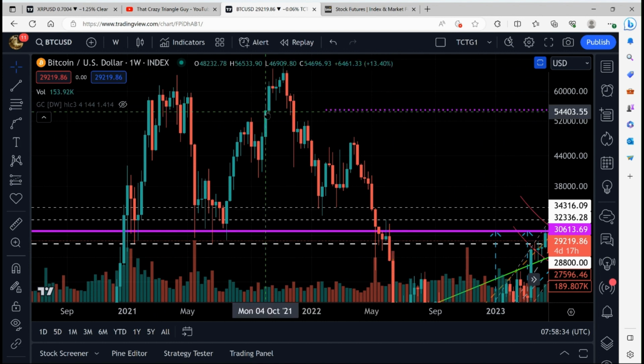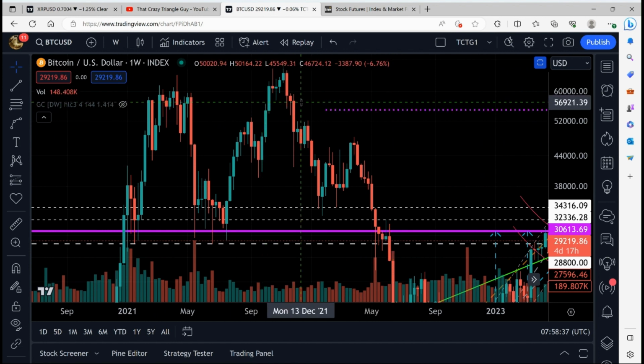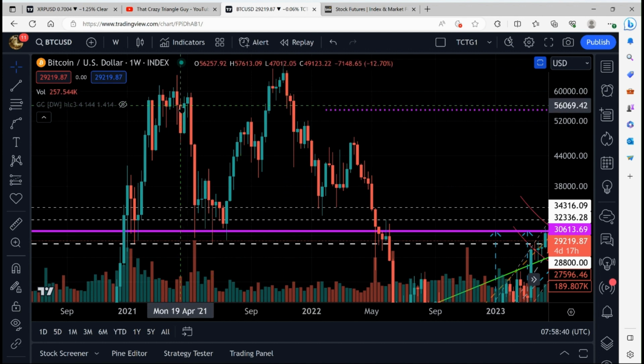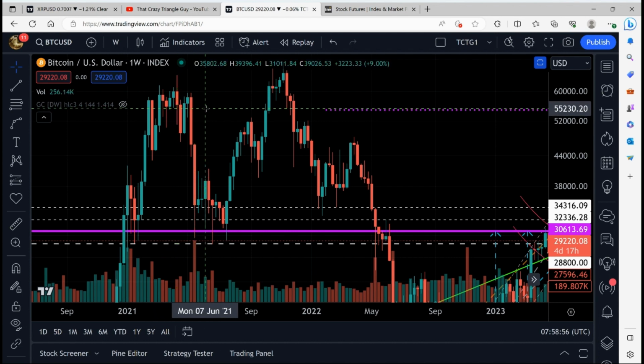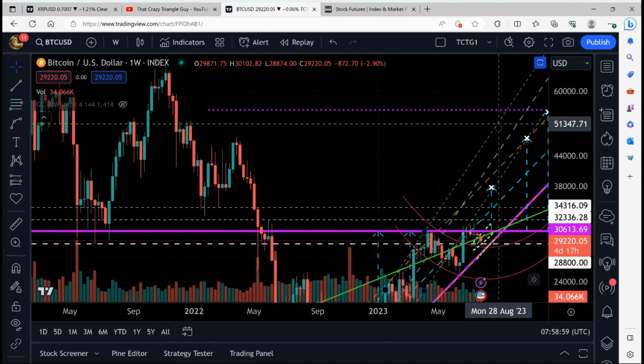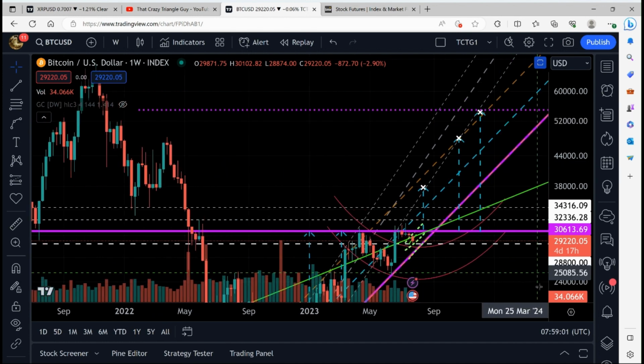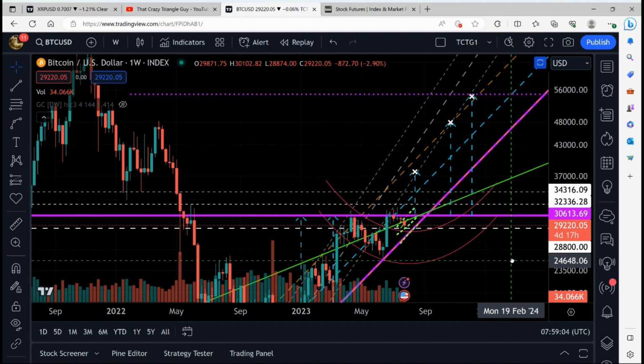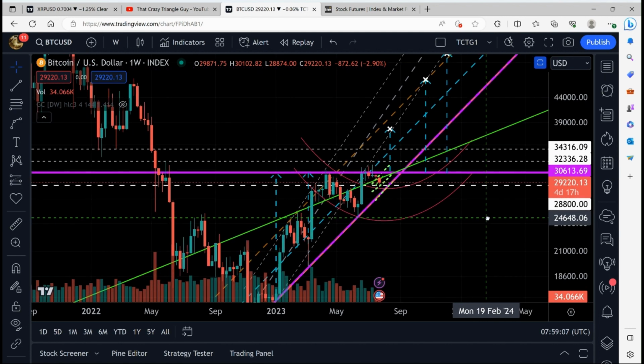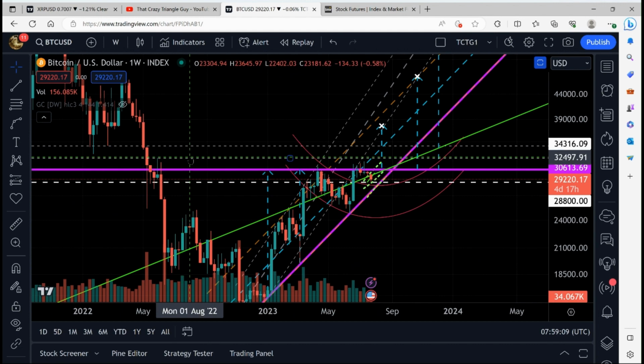54,000 is resistance here, support here, support here. Here we're on the weekly time frame, so on this wick, on these candle bodies here. If I was on a daily, you might even see more support and resistance contact points. But before I get into the other reason why that is significant, I do have these dotted lines drawn here